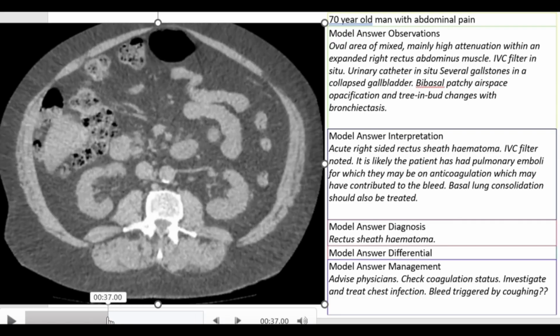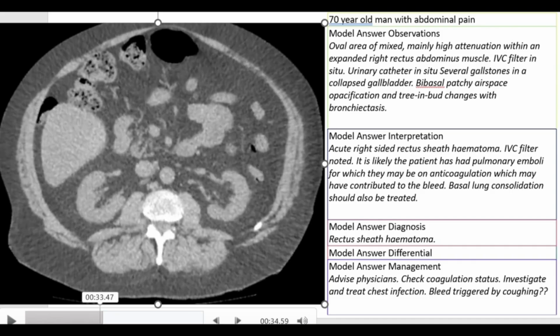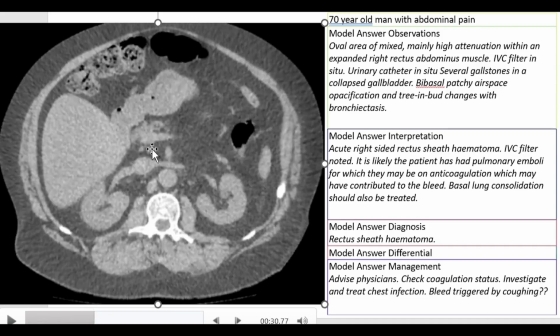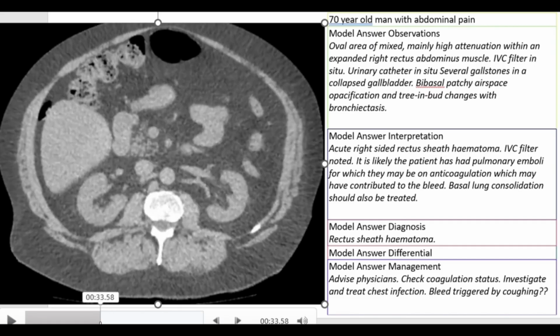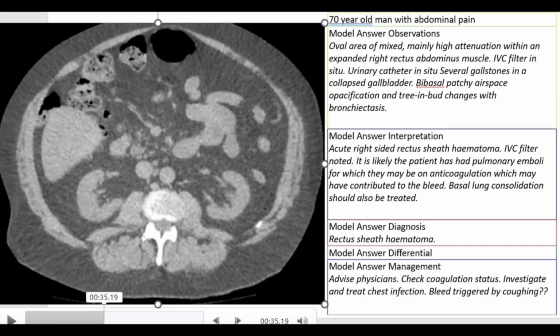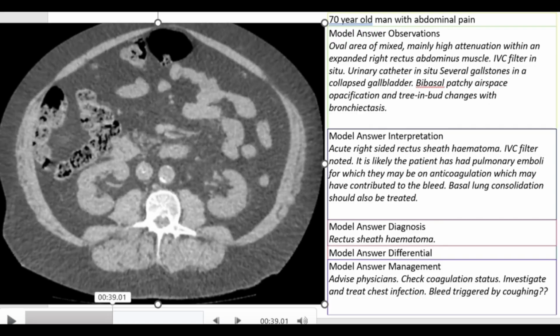If you look carefully here, this is the IVC, and this is the right renal vein and the left renal vein. Below the level of the renal veins, this part of the IVC is called the infrarenal part. So the infrarenal part of the IVC